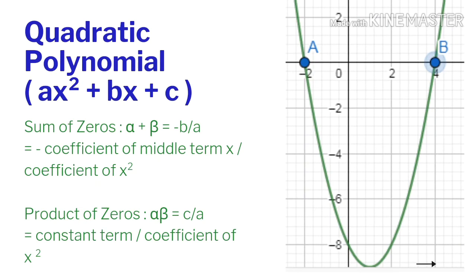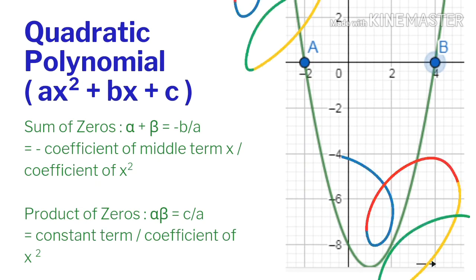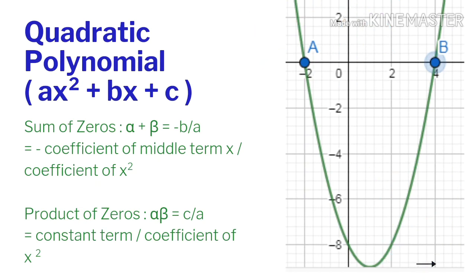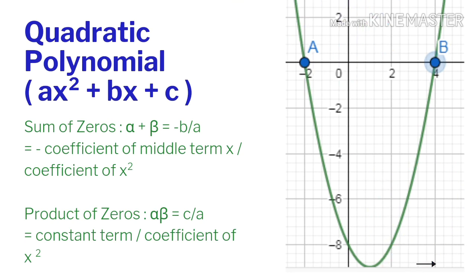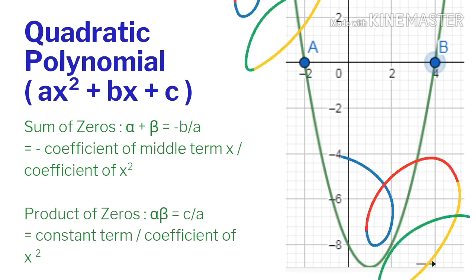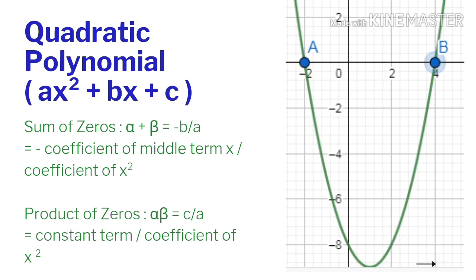Next is quadratic polynomial. Quadratic polynomial cuts the x-axis at exactly 2 points, and therefore, instead of giving alpha and beta as the roots directly, there is some relationship between the roots, as the sum of the zeros and the product of the zeros. The same formulas are there in the chapter quadratic. So please keep this in mind.